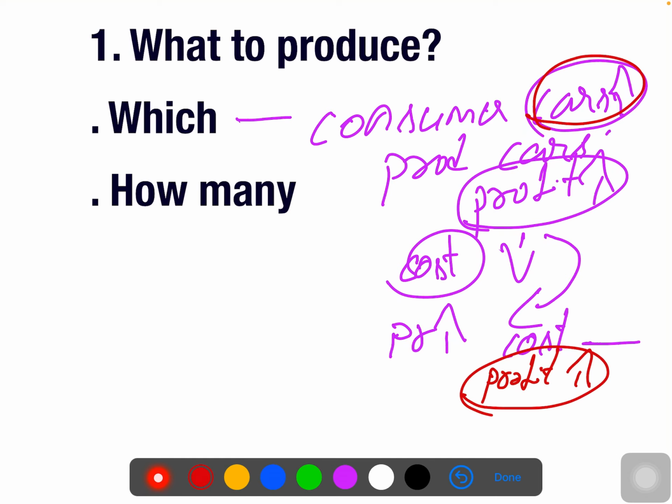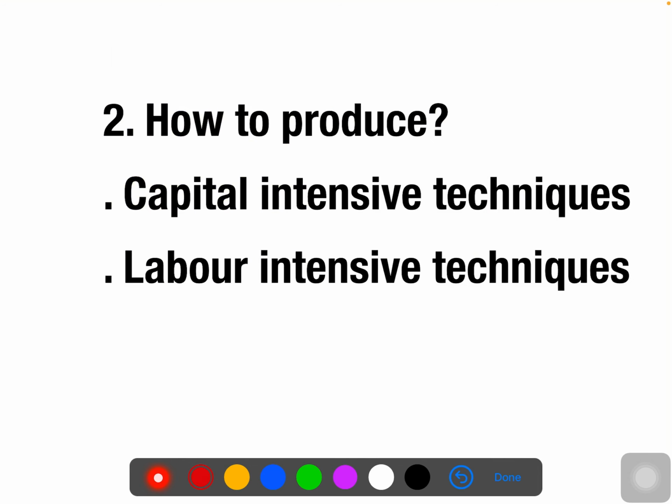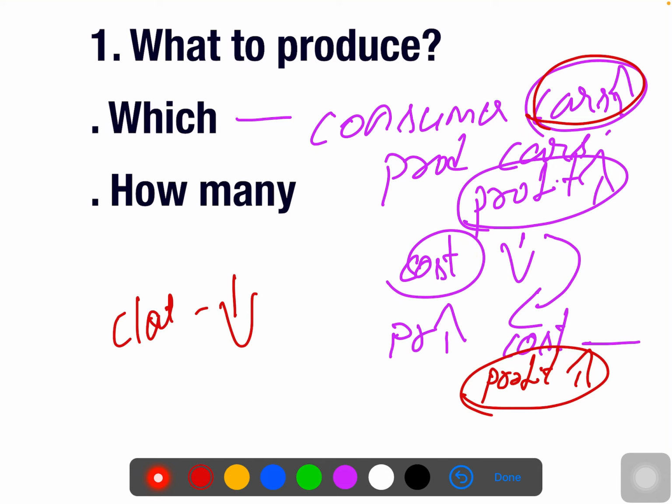On the other case, if clothes are there, but the consumer is not demanding the clothes, then demand is less. If demand is less, the production comes down. In that case, cost will be more, and the profit ratio the producers are going to get will be